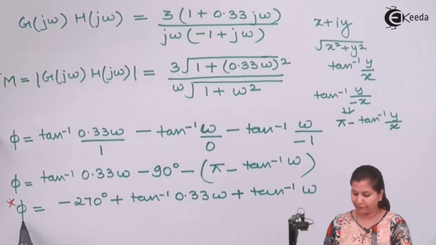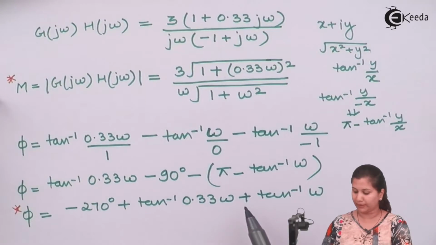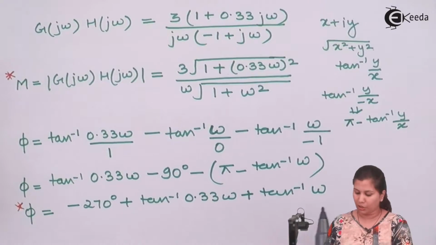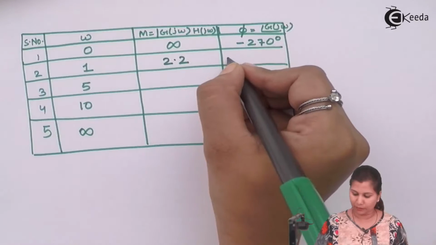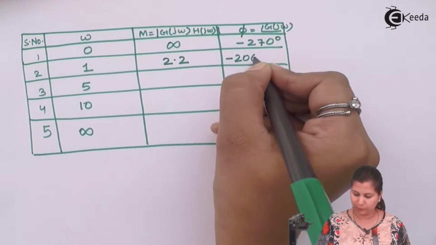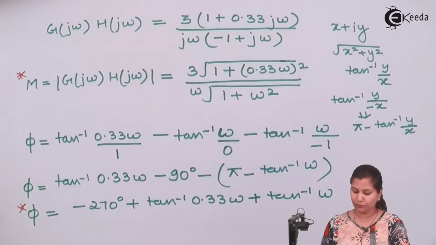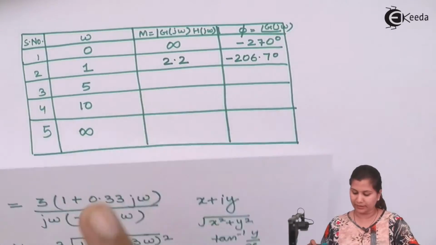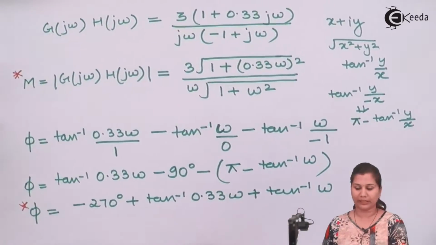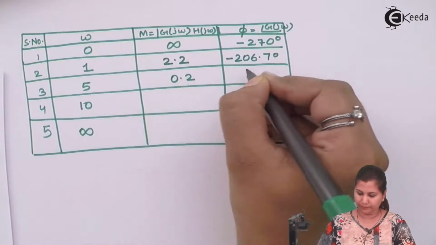Now if we put this, then we have tan inverse of 0.33 plus tan inverse of 1. So we calculate this phase angle and we will get the value as minus 206.7 degrees. Then we put omega equals 5, omega equals 10 in these two equations for magnitude and phase angle, and we will get the values as 0.2,